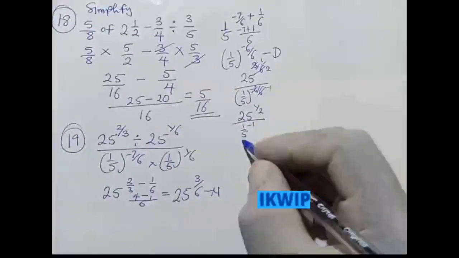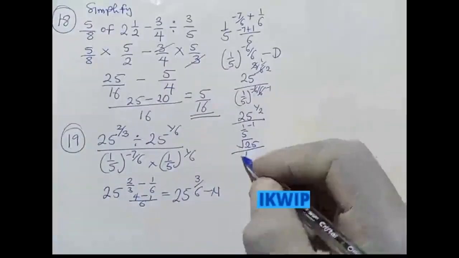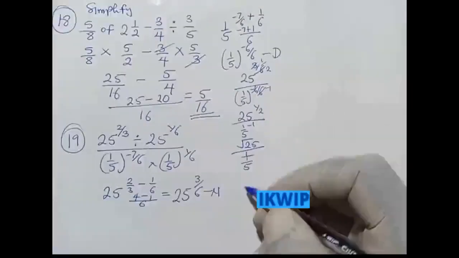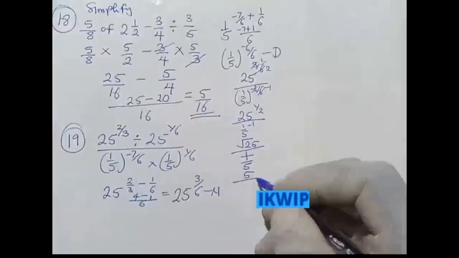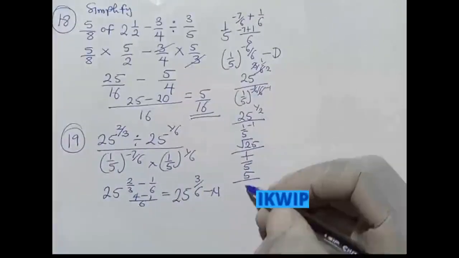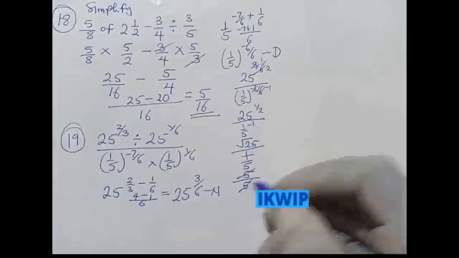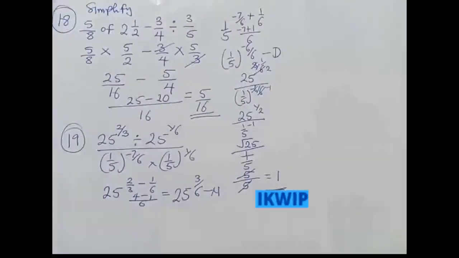This means the square root of 25 over 1 over 1 over 5. The square root of 25 is 5. Okay, over the inverse of 1 over 5 is 5 as well. Therefore I have this cancels this 1. My final answer is